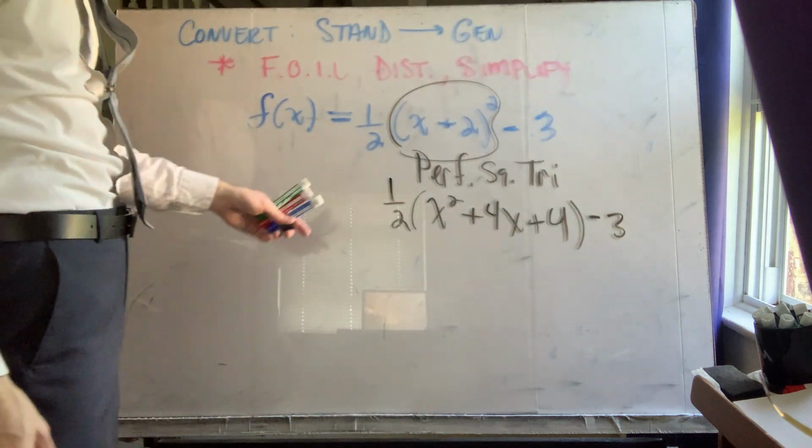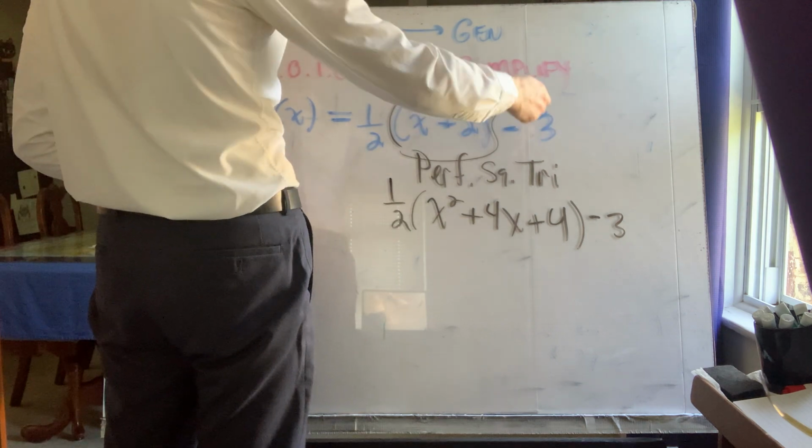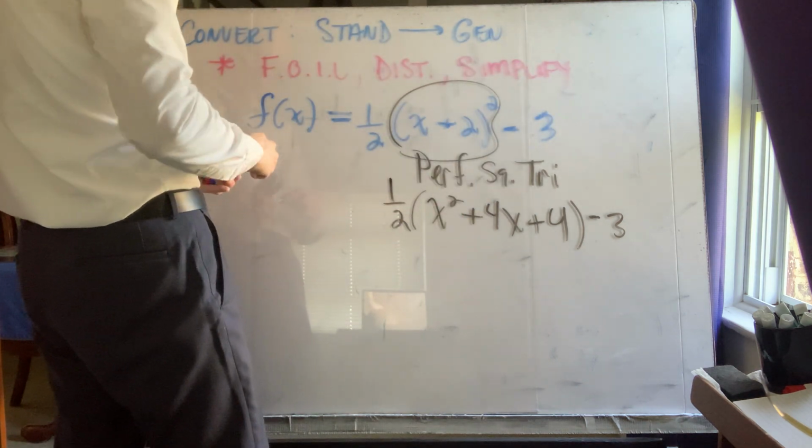All right, so having FOILed, if you didn't write x plus 2, now you're going to distribute